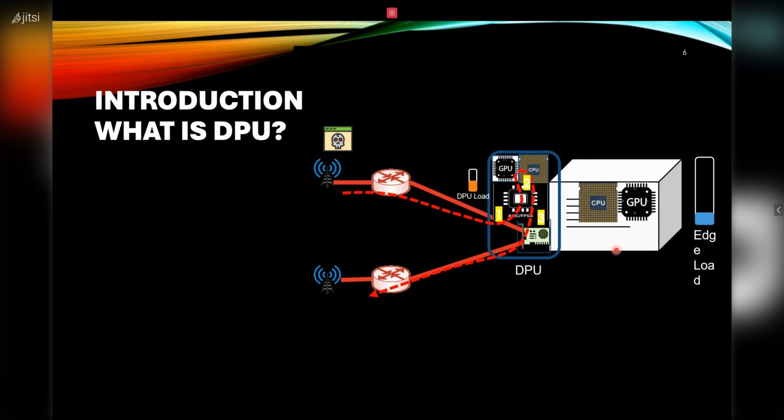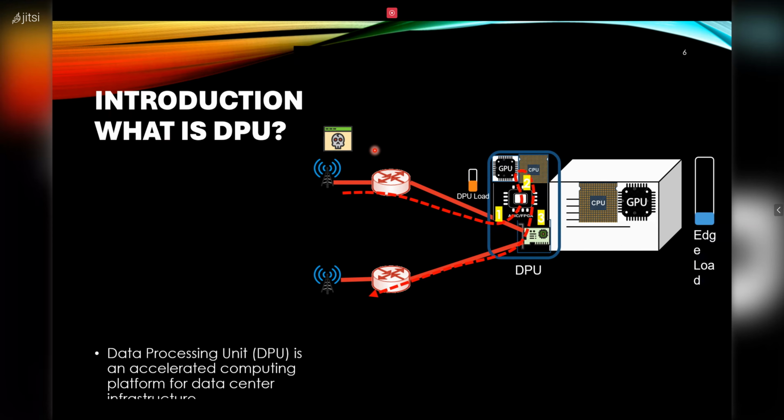This is the whole edge device. In the current scenario, without a DPU, we have the CPU, GPU, and only a NIC there. So if we have to process the packets, we can use our CPU and GPU to process them, and then our CPU load should be high. But why are we adding a DPU here? For the security use case, we don't want to expose our CPU, our GPU, or our memory to the packets, or to some malicious packets.